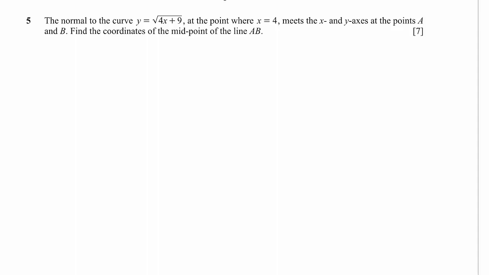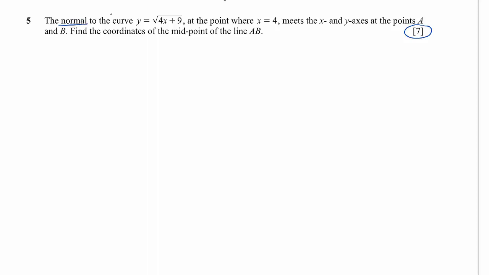The normal to the curve y equals the square root of 4x plus 9 at the point where x equals 4 meets the x and y axes at the points A and B. Find the coordinates of the midpoint of the line AB. Now, there's quite a bit of work to do here, which is reflected in the fact that this is 7 marks. The first thing we want to do is find the normal, which we know is